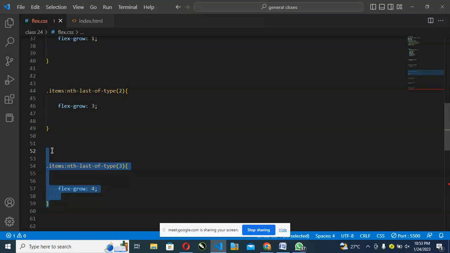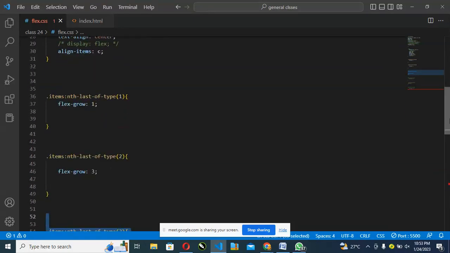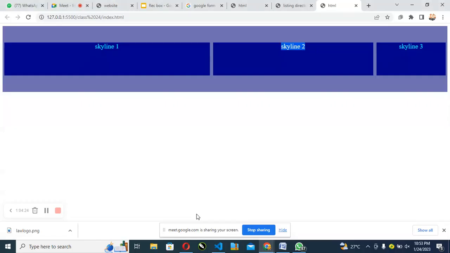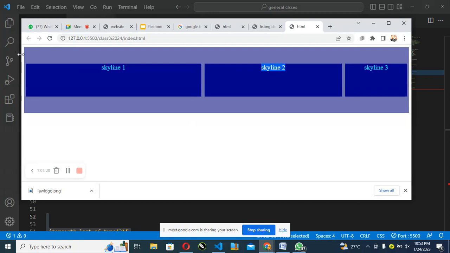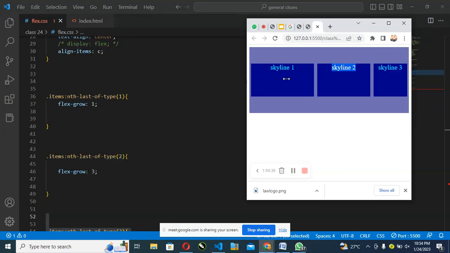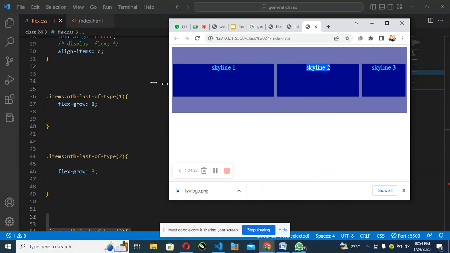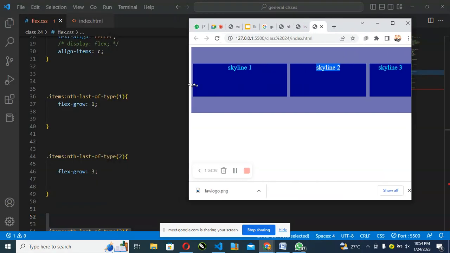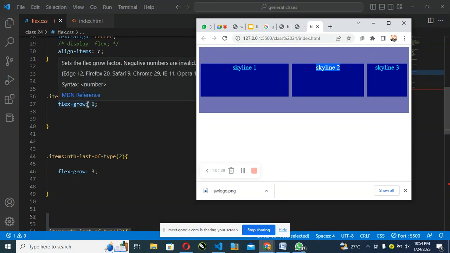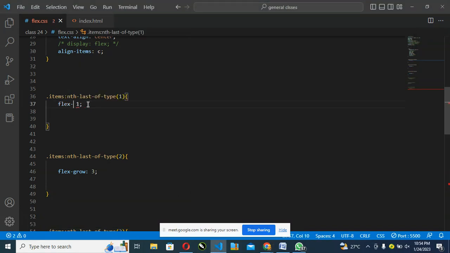Are we together? So this is how you can individually add flex grow. Now what you need to know about flex grow is that the larger your screen, the larger the length. So this is what happens here. At a point, the larger your screen, the larger your length. So it grows. We also have what we call flex, just like flex 1,